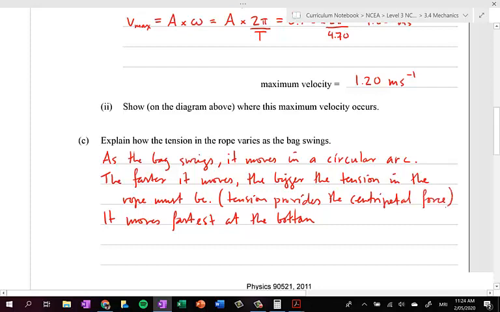So this is more related to vertical circular motion than it is to simple harmonic motion. So it moves fastest at the bottom, therefore the upwards tension must be greatest at the bottom,